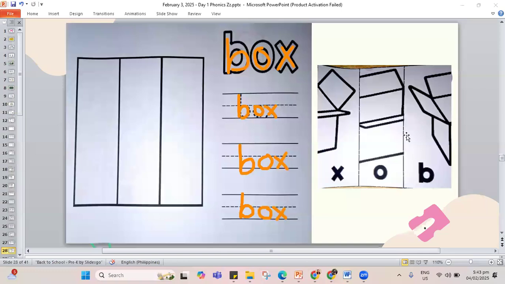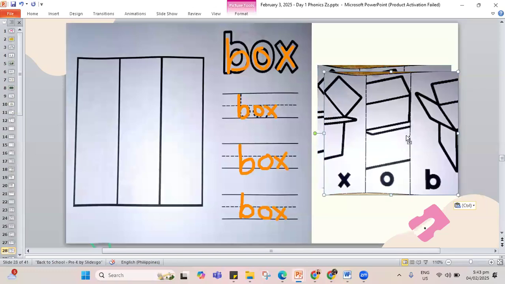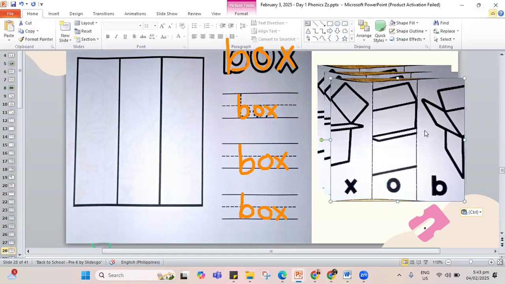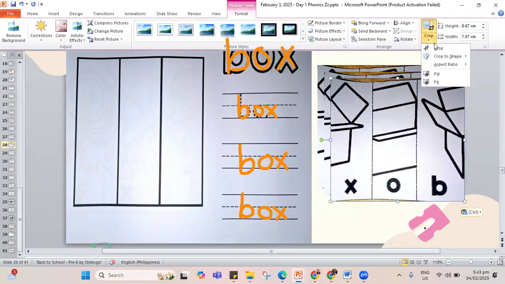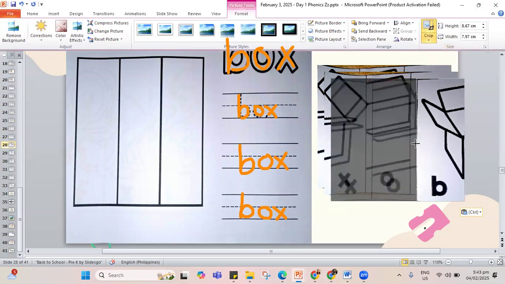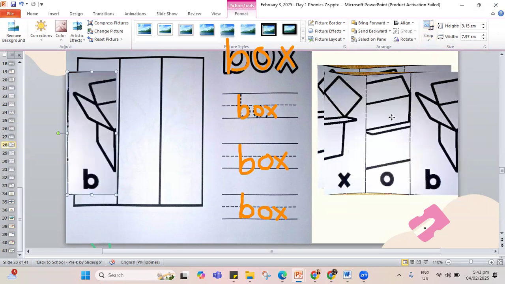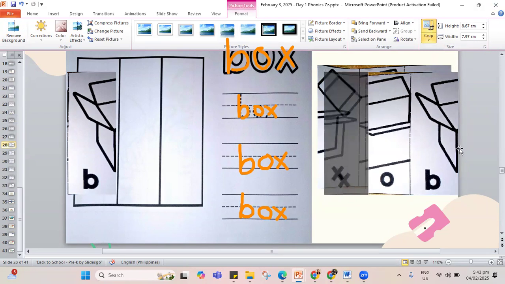Now for our box word, let me fix this one on the screen and we'll get to fix our picture. So we have the first letter. It is what letter? B. Then after B, we have the letter O in the middle.